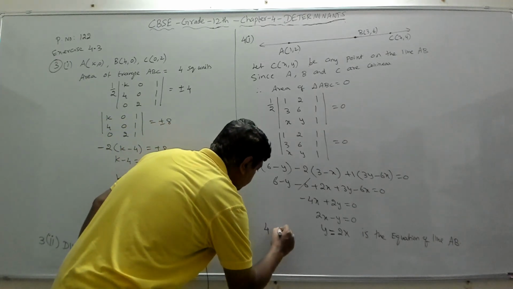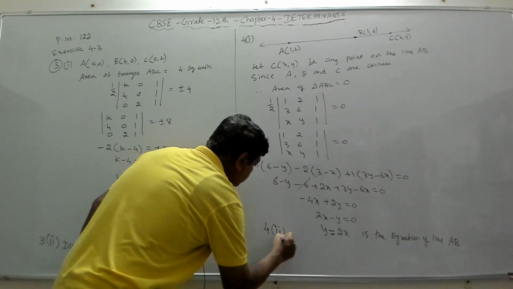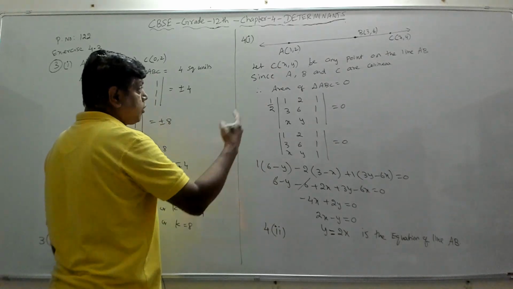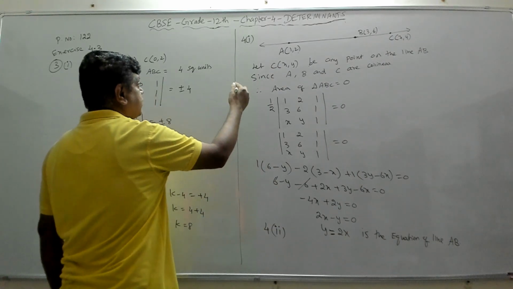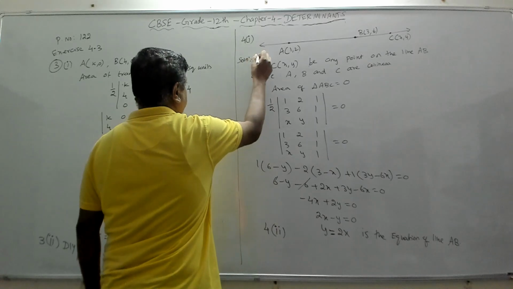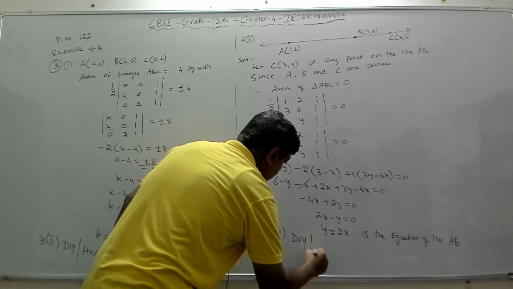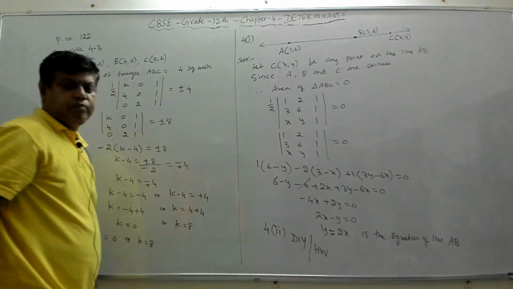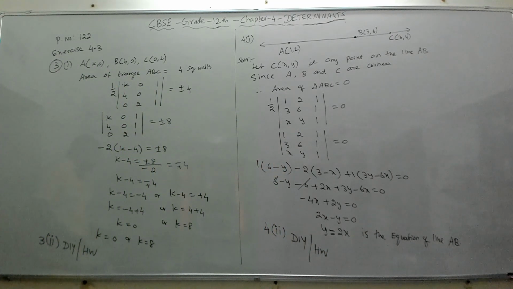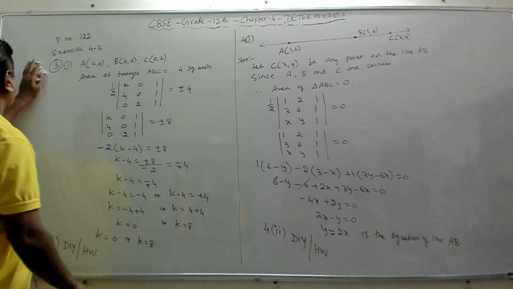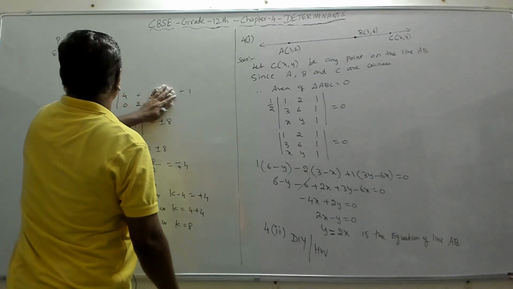is homework. Same way, you have to find the equation of the line AB where 2 points A and B are given. You have to take in the same way. This is your solution, right? So you can do it yourself, DIY, or it is called as homework, whatever. Fine. So I'll do the fifth problem in the exercise, which is the last problem in this exercise.